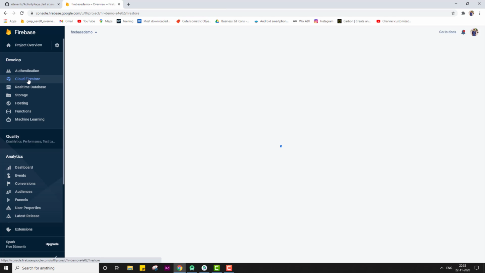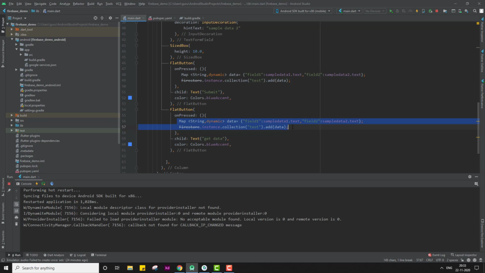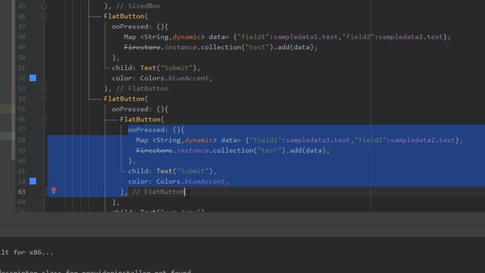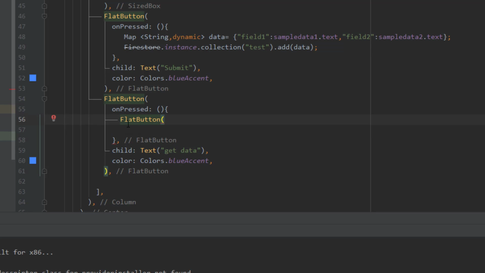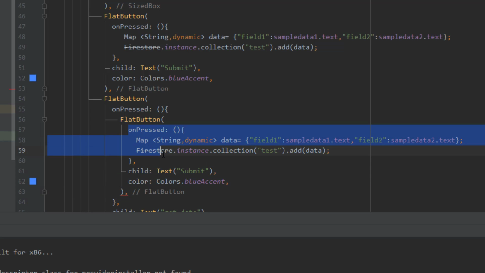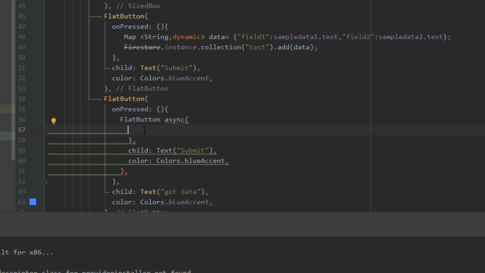So whenever I click this button, it has to print a field value from a specific document. For example, in this test collection and this document, I want to print the field 1 value, get ready, from this specific document. So whenever I click this button, in the onPressed method, I declare a document snapshot variable, so this variable will contain the value of